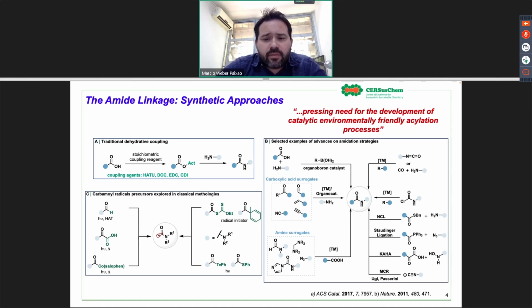However, C-C disconnections to install the amide bond offer a new synthetic strategy to incorporate the amide moiety into a chemical scaffold. So there are different ways to do that, and one that should be highlighted is the use of multicomponent isocyanide-based reactions. There's the Ugi or the Passerini, where you use the isocyanide.